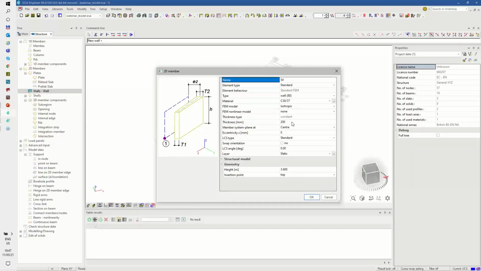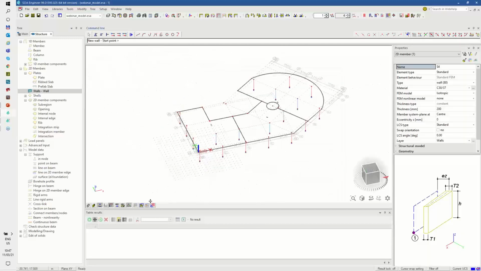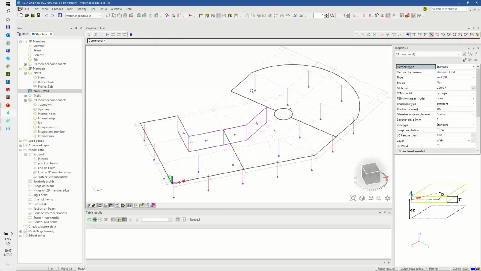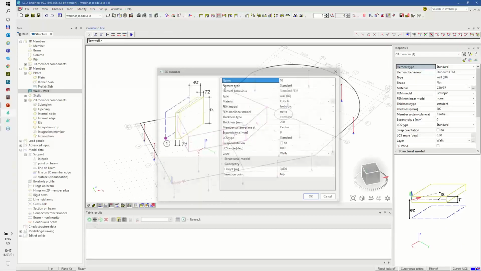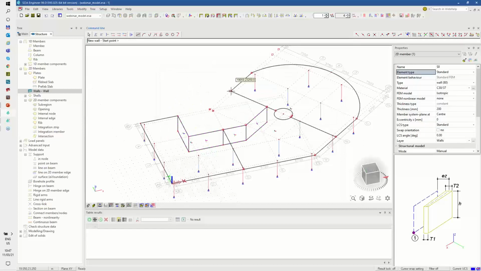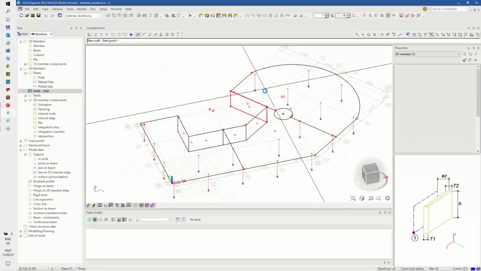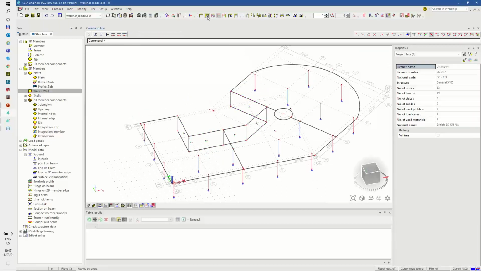And this is the definition of the wall. Again, just be careful about the proper layer. The insertion point is again the top, and the thickness is 200. So first I will define the walls by selecting the line. And for the last part, I will do it again by definition using the points. Okay, now I can